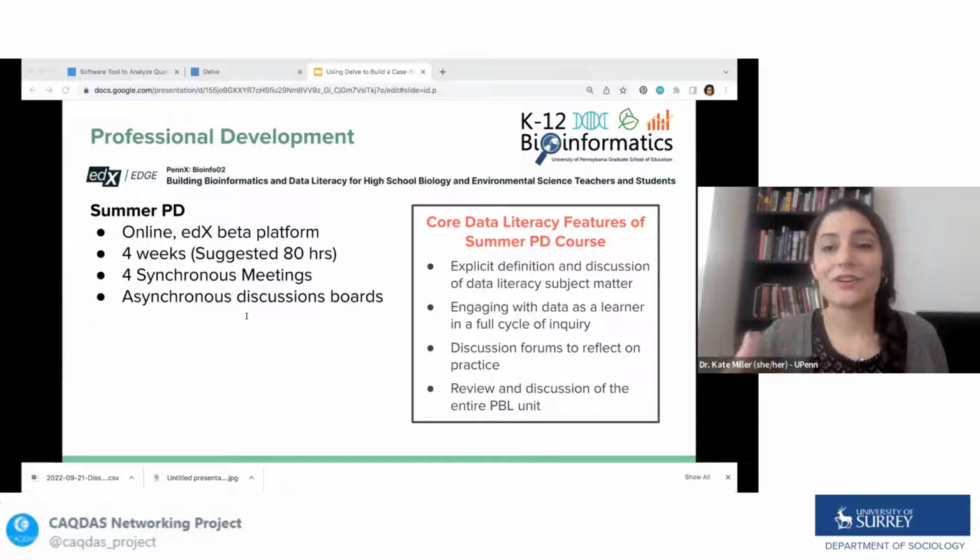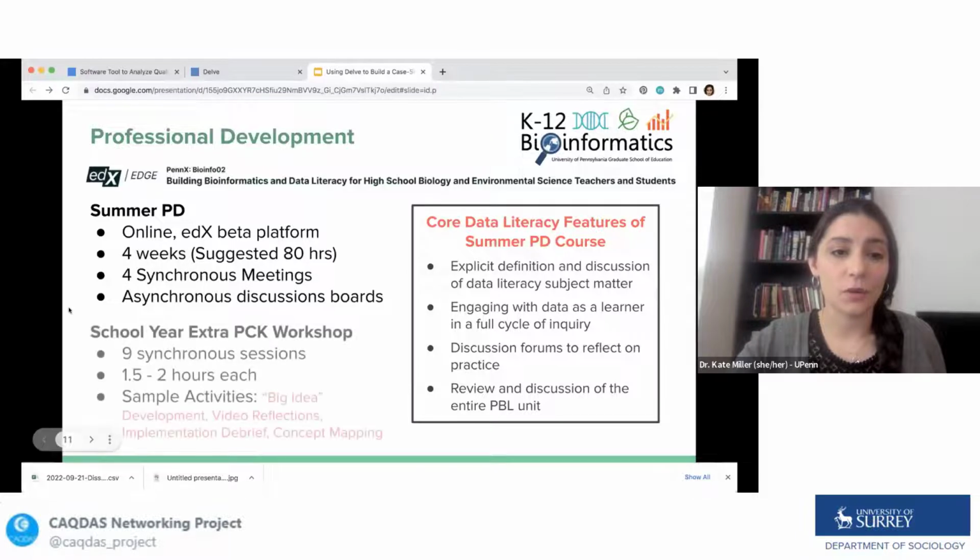However, as I showed with the earlier quotes, we found that teachers still struggled with implementing particularly the data literacy components of this unit with their students. So in order to attempt to address that disconnect between the knowledge and implementation, I worked with a small group of 4 teachers